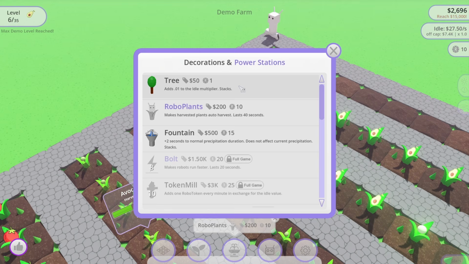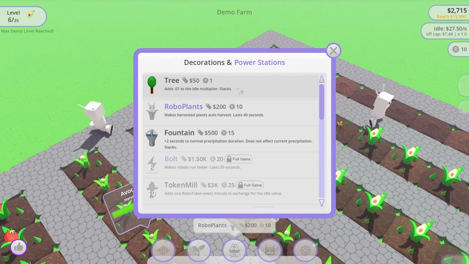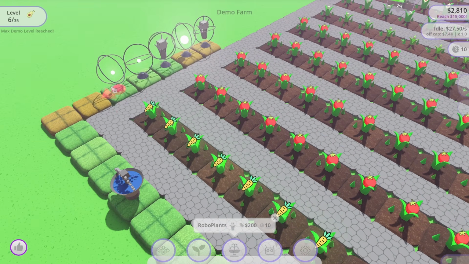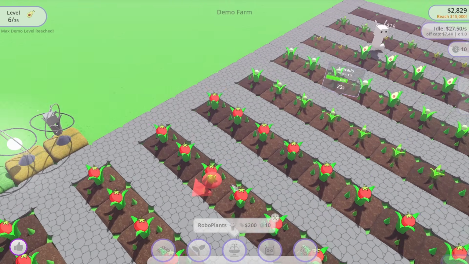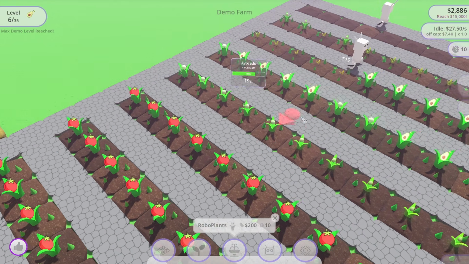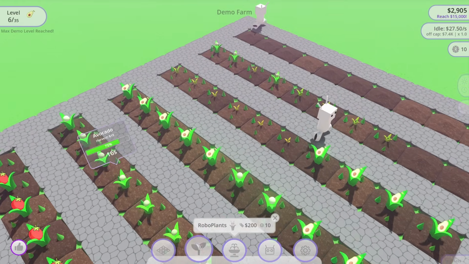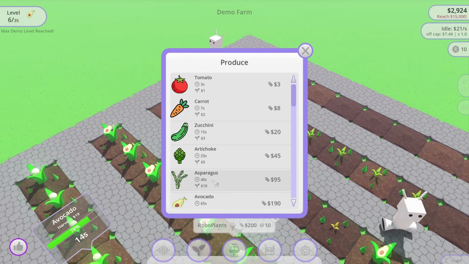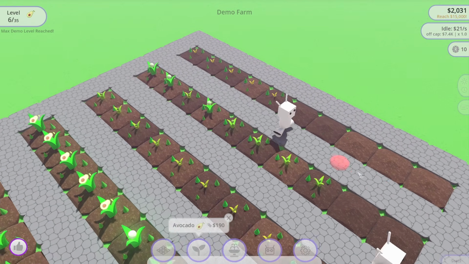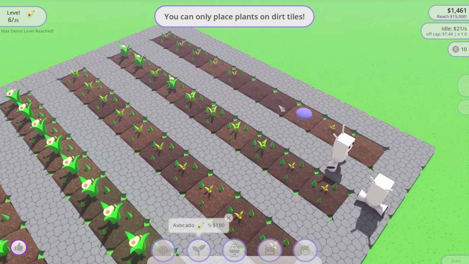Adds 0.1 to the idle multiplier stacks. Oh, so when we're idling, if you've got a lot of trees around it, takes a robo token though. Oh, and those robo plants take robo tokens, so I've only just got enough to do what I want to do here. But that's fine, because I didn't have enough for another robot anyway. Maybe I would have done if I hadn't put down that one, but no, I think for the strategy I'm using, that's probably the ideal. So let's get in the final avocados. Just for these guys to